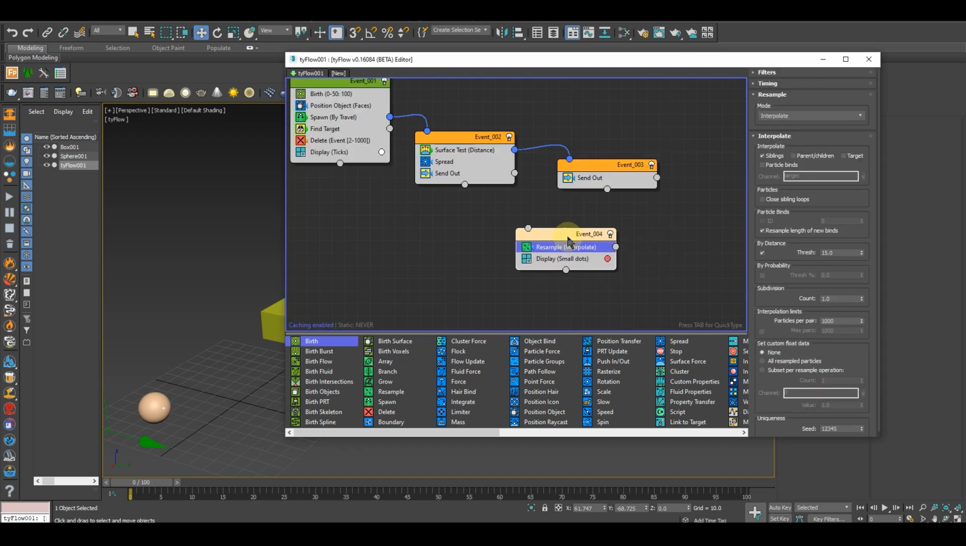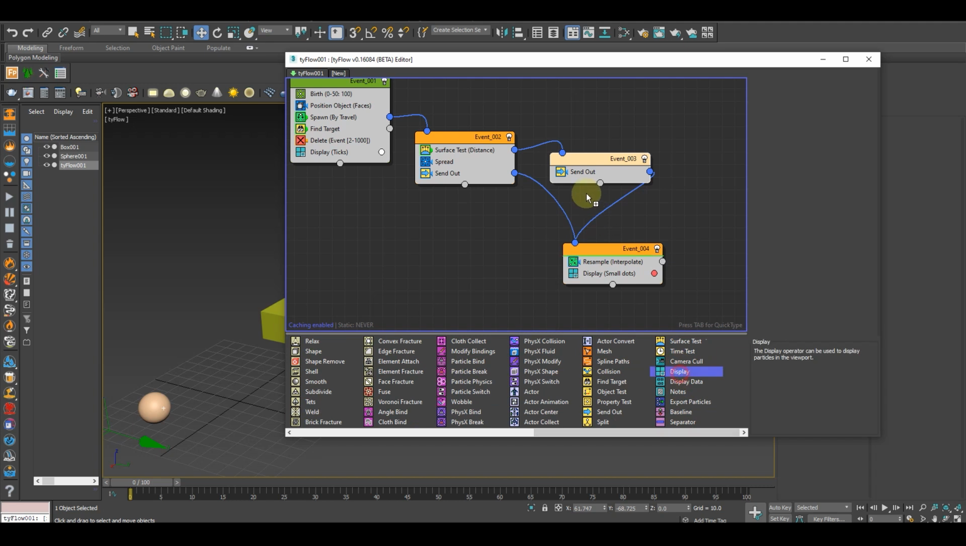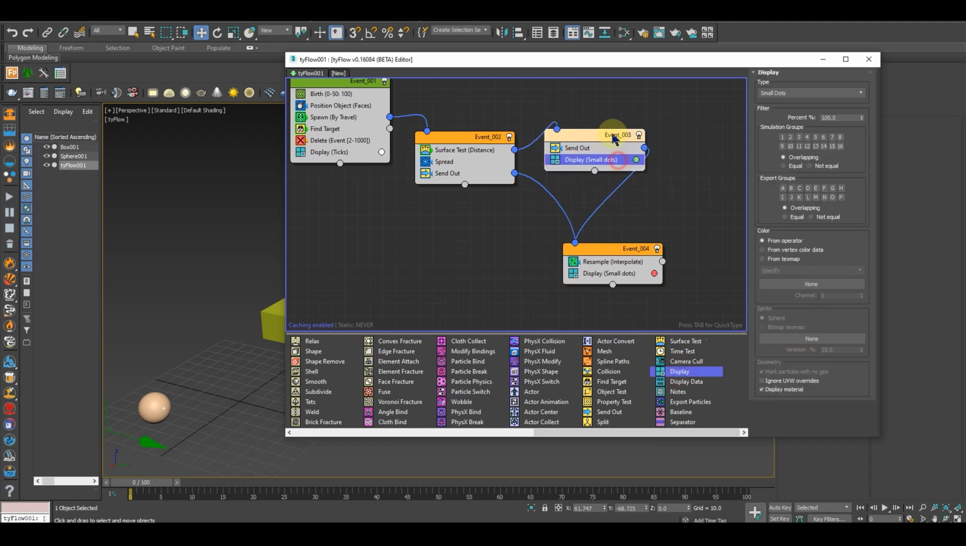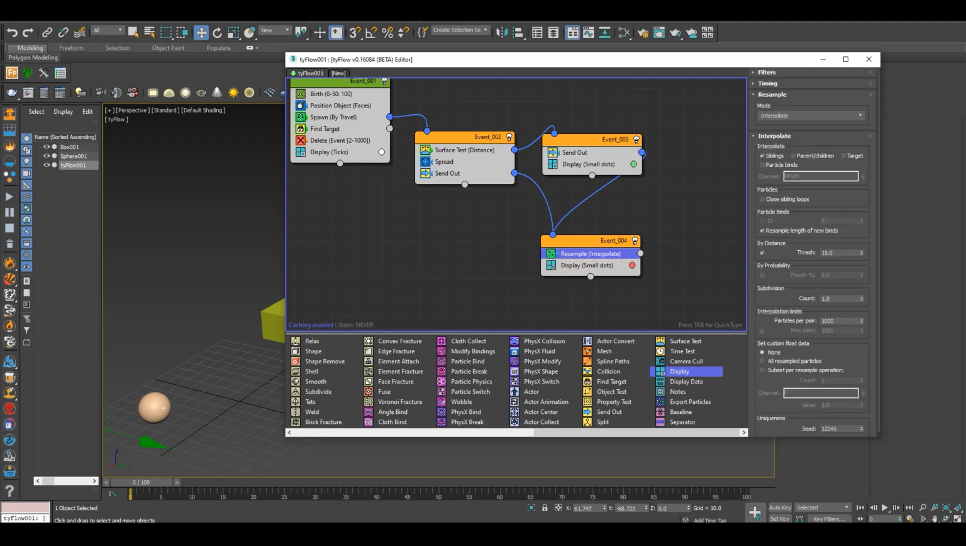Okay, I need a resample, and then I have to connect this and this way. That's fine. And just add up the display, so you can see the particles between these and these. At the resample, I don't think we need to decrease this, so it could